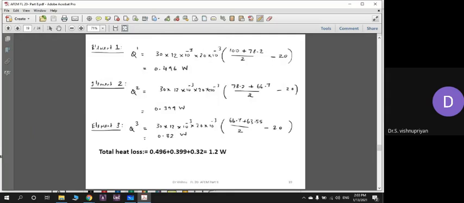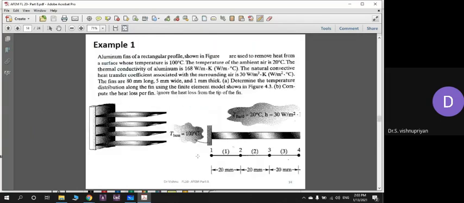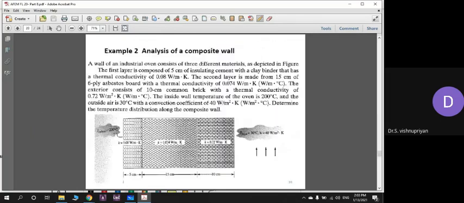So this is the case of a fin. How to find the heat transfer and temperature distribution through a fin. Now we will discuss a composite wall. So here, if you see this problem, it says there's an industrial oven made of 3 different materials as shown in the figure. The first layer is composed of 5 centimeters of insulating cement with a clay binder that has a thermal conductivity